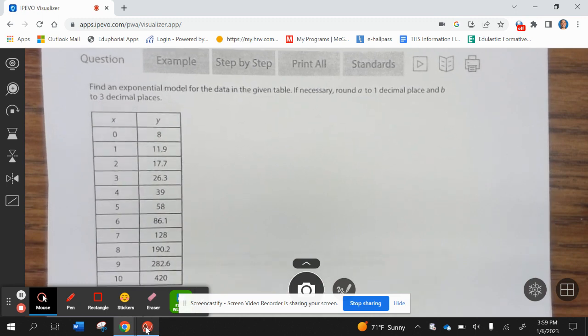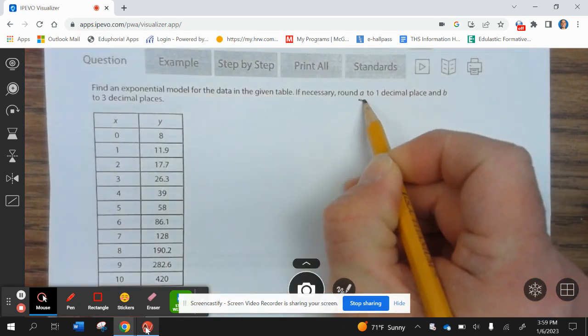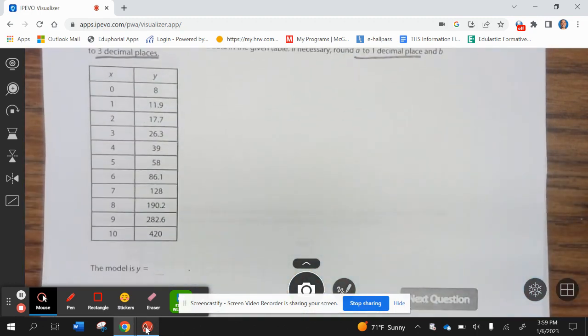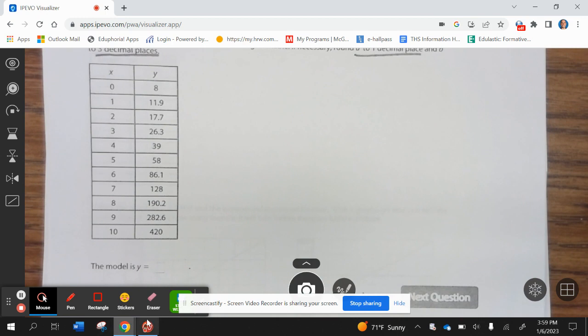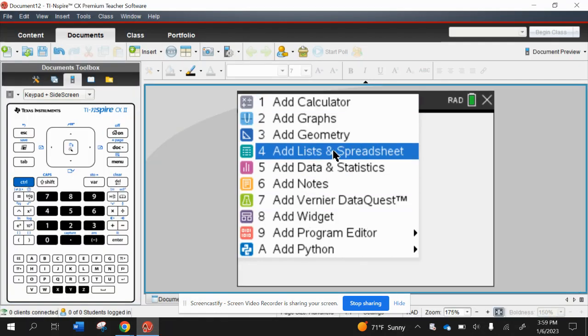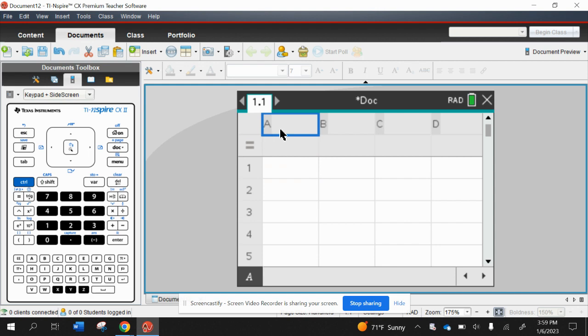All right, find the exponential model for the data in the given table. If necessary, round A to 1 decimal place and B to 3 decimal places. All right, so let's go ahead and use our calculator. So we're going to go to On, New Document, No, Add List and Spreadsheets, X, Y, and